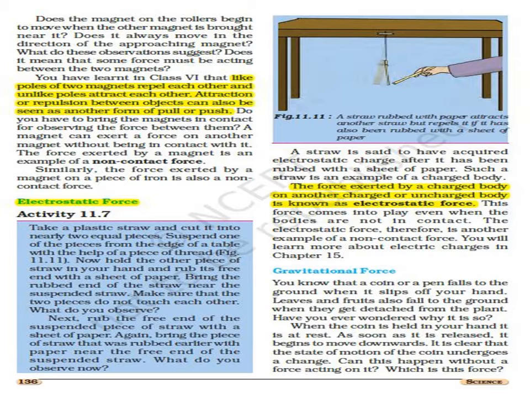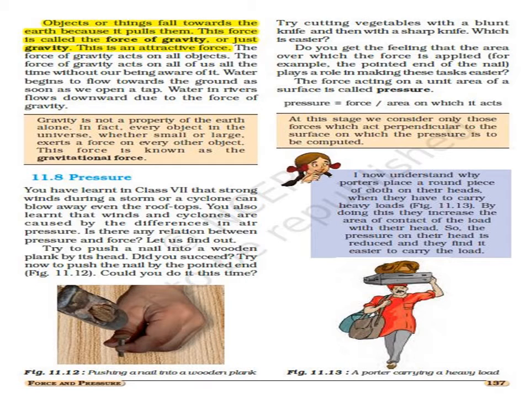Now we come to gravitational force. Similar to the electrostatic force, it involves the masses of the bodies. That is, electrostatic force is the force arising due to the charges present on the two bodies, and gravitational force is the force that arises due to the masses of the two bodies. We have also seen that an apple falls from the tree to the surface, because the surface, that is the earth, attracts it when it falls. And this force is known as the force of gravity, or we can say just gravity. So gravity or force of gravity is an attractive force and is an example of gravitational force.